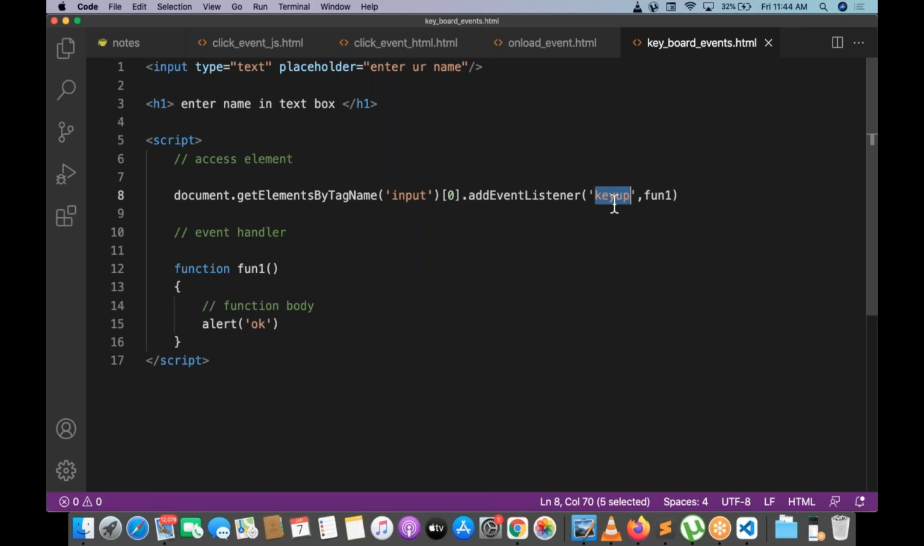This keyboard has a lot of keys. For each and every key, when we press, the key press event will fire. When we release, the key up event is going to be fired. For this key up, we have the event handler function 1. For function 1, an alert box is coming. But my requirement is